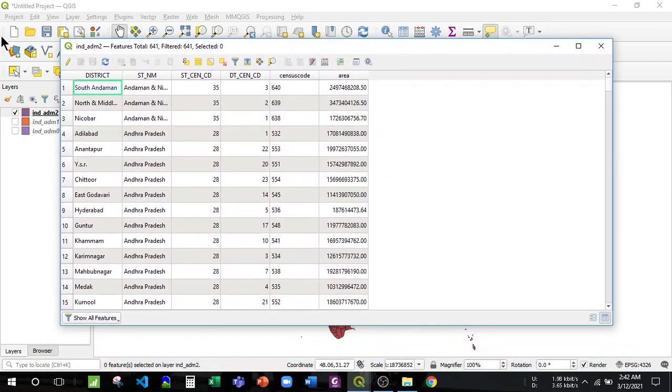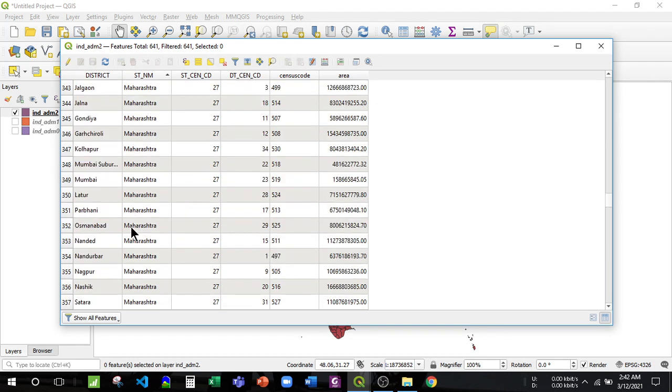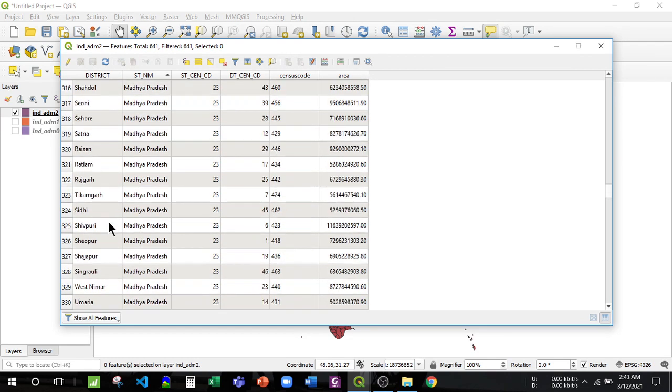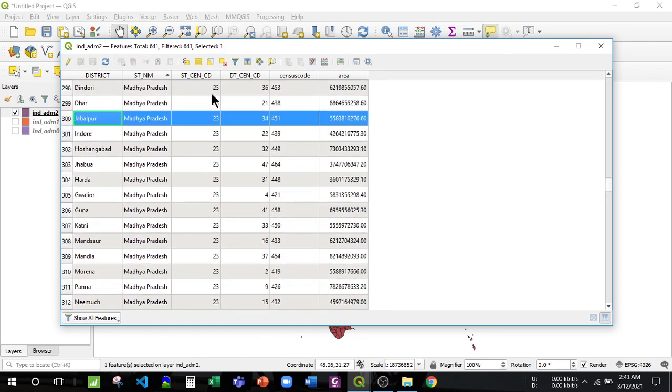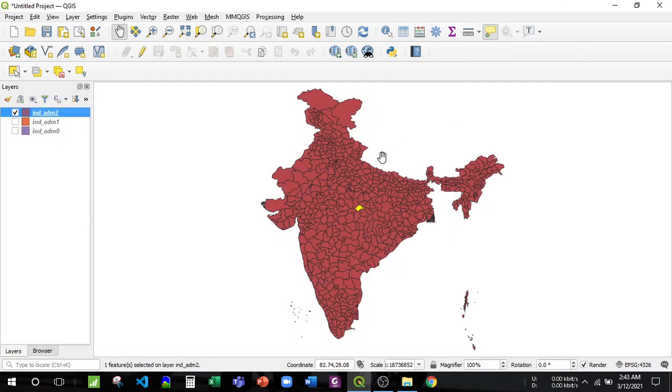Again, if I have to take my region, let's take any district, Jabalpur. See, Jabalpur is highlighted over here.